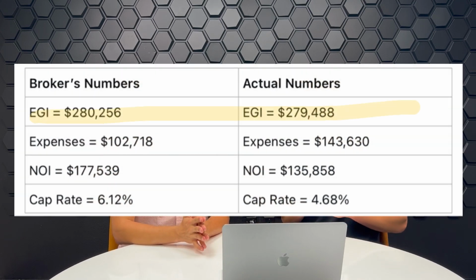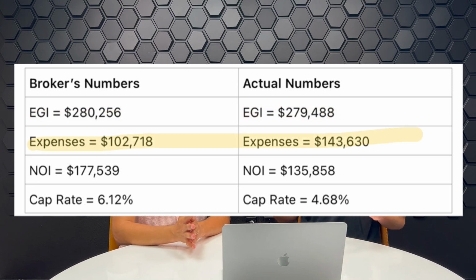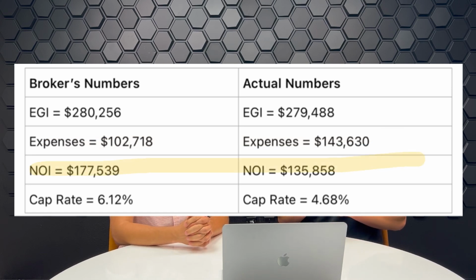Next thing we're going to do is compare the high levels of this. So again, effective gross income of the broker versus what we came up with, pretty similar. Expenses, drastically different, 103,000 versus 144,000. Yep. NOI is about $40,000 difference from each other, and what this tells us in cap rate terms is the biggest difference. So again, they were saying this is a 6.12 cap at that $2.9 million price, and me taking this new NOI of